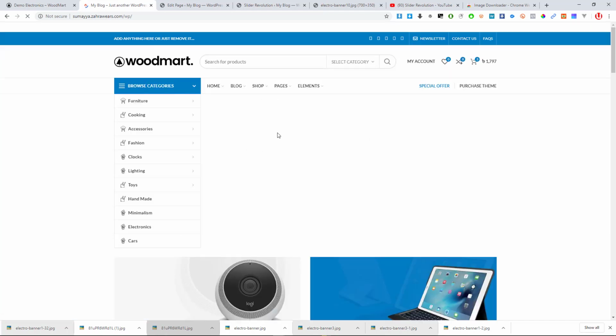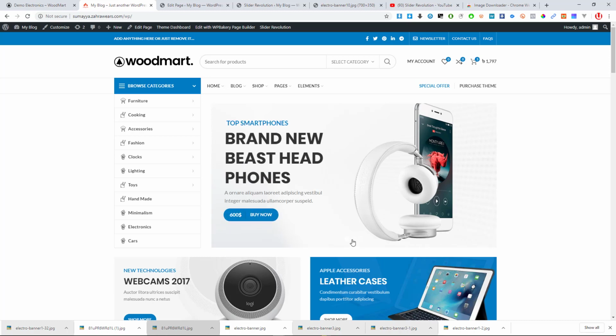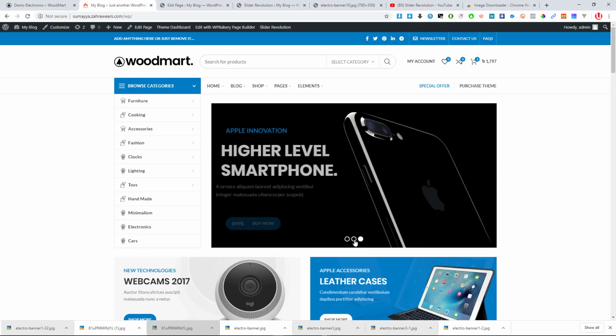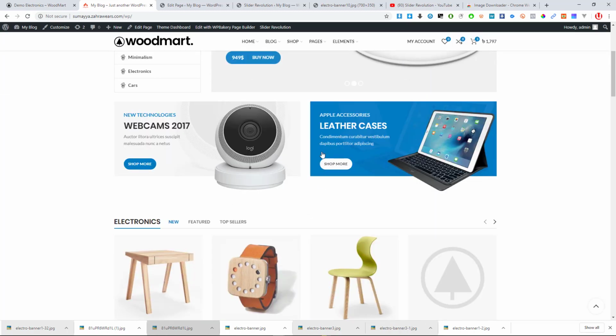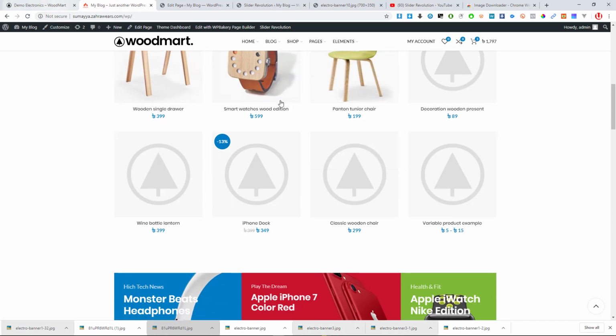The slider images, I've shown you how to modify them. You see, my slider images are super clear now. They are clear. Then these images are also clear, and then have these ones, though they are not the same ones here, but